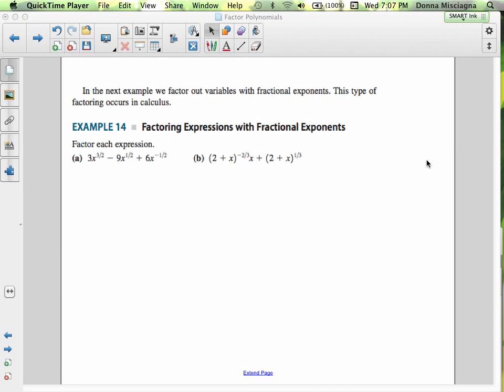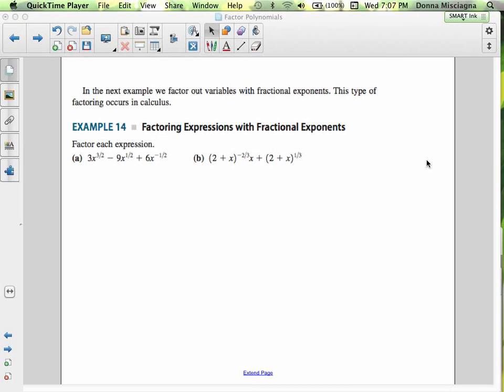Welcome. In these next two examples, we're going to factor out variables with fractional exponents. This type of factoring occurs in calculus, so you're learning something for calculus next year. One rule of factoring out a greatest common factor is you can only factor out the smallest